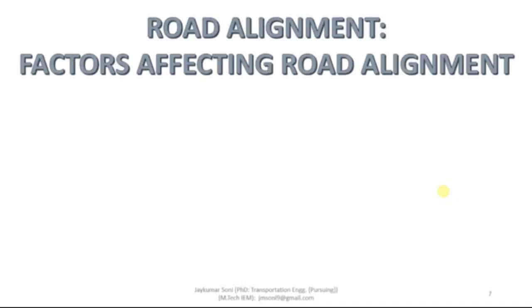Now, today we are going to discuss one of the most important segments of transportation engineering as far as road alignment is concerned. We will be learning about the factors which are going to affect any road alignment. So I would like to mention that there are total 10 factors. It is difficult to remember all the factors with concern to an examination. So I have prepared a shortcut key through which you can remember all the key points of this particular concept. Which is the shortcut key?